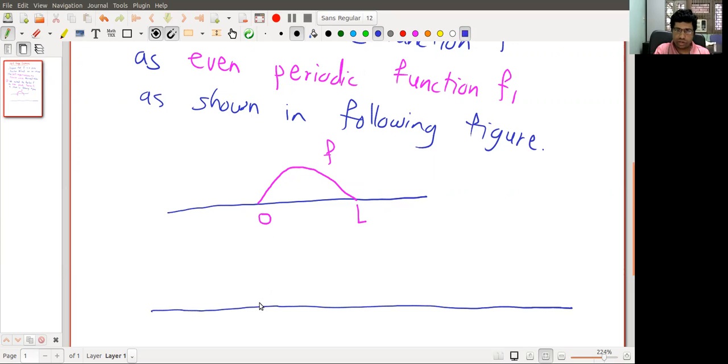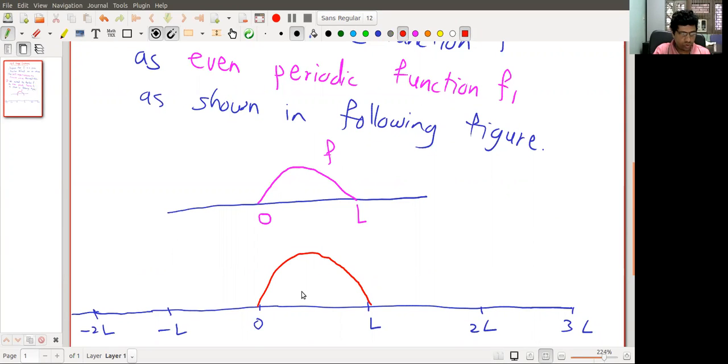So in this interval 0 L, we have same expression as f. This is 0, L, 2L, 3L. Here it is minus L, and so on. So this is same as f,